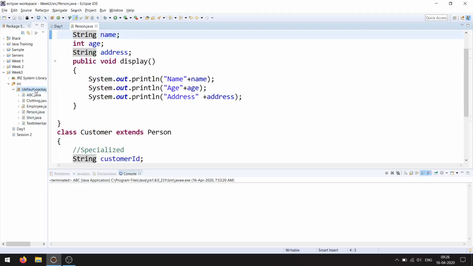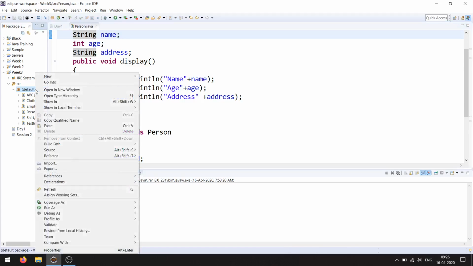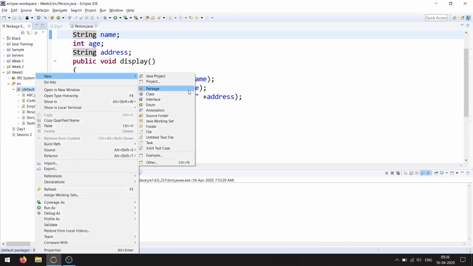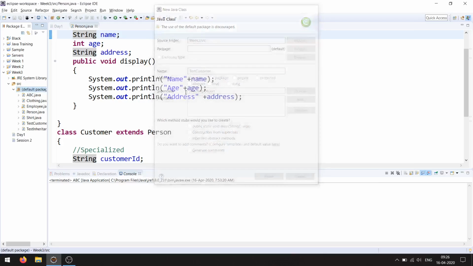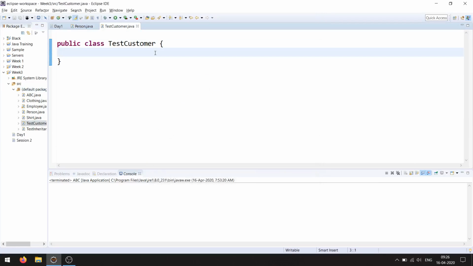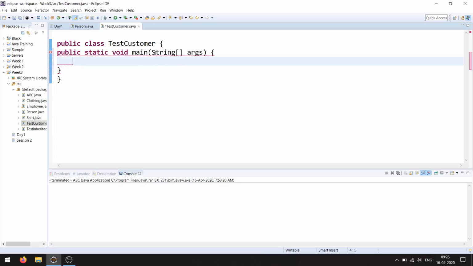Now I'm going to have a main method in a separate class. So I'm going to create a class TestCustomer. So it is a separate class. Here I'm going to have a main method, and inside main I'm going to create an object for the customer class,